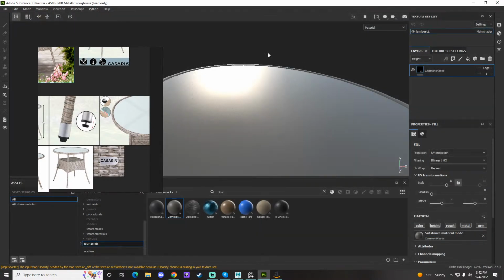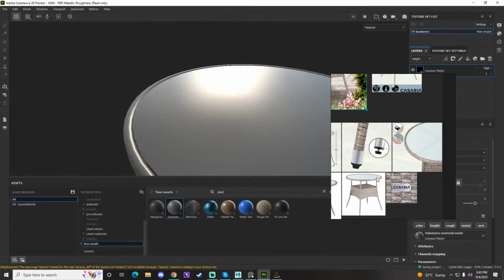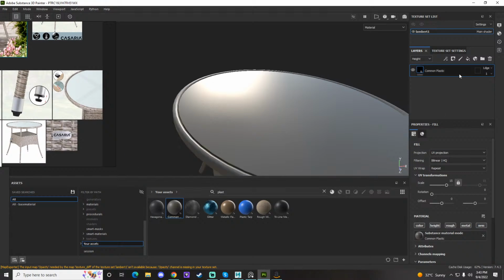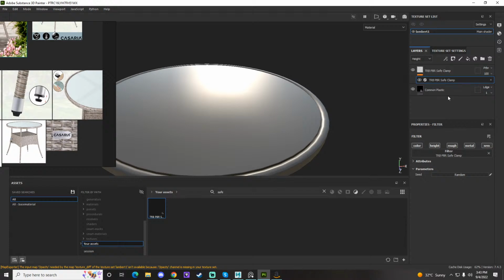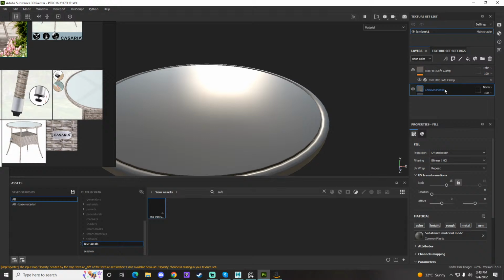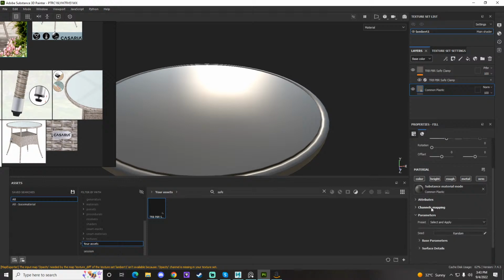Oopsie, I didn't actually save it, right? Control S to save. Go ahead, save it. Okay, done. Saving it in the very beginning. And PBR Safe Lamp, I'm just gonna keep it on the top in the very beginning because we'll be using this most of the time. So okay, second thing, we're gonna go ahead and choose the color for the